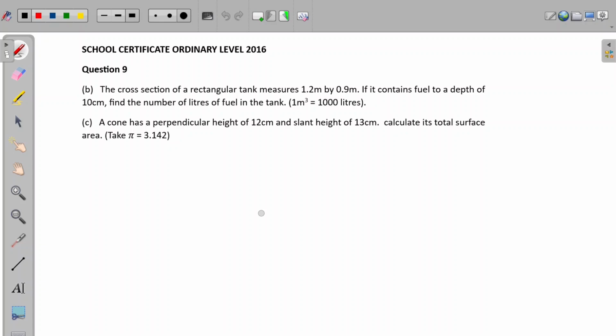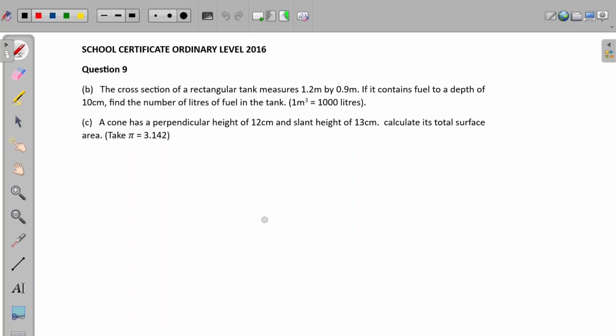The question reads, the cross section of a rectangular tank measures 1.2 meters by 0.9 meters. If it contains fuel to a depth of 10 centimeters, find the number of liters of fuel in the tank. So 1 meter cubed is equal to 1000 liters. Then C,